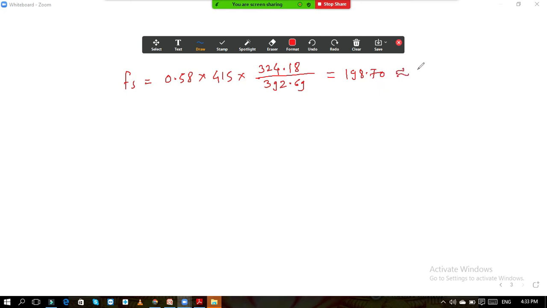So we will take the nearby value as 190. What is the percentage of steel which we have provided? It is 0.39%. Okay, so we will calculate the modification factor now. Therefore, modification factor MF is equal to,